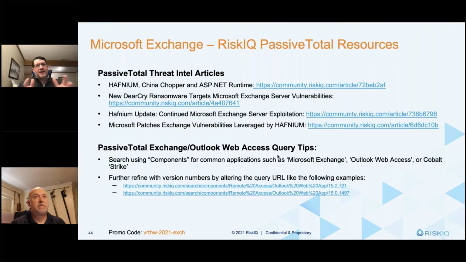Whereas with Hafnium in particular, if we're going to use them as the starting point for this conversation, it's a little bit unclear what their initial motivation or target may have been. But beyond the first couple nation state type groups that have exploited it, it's really a free-for-all. And because mail is such a central thing to any business, regardless of size, regardless of location, you have to have email to operate. It's been very easy for actors to exploit. While it started in a very targeted fashion, at this point, it's an opportunistic free-for-all.